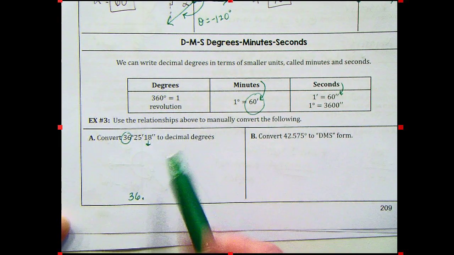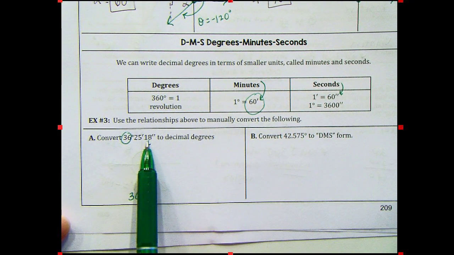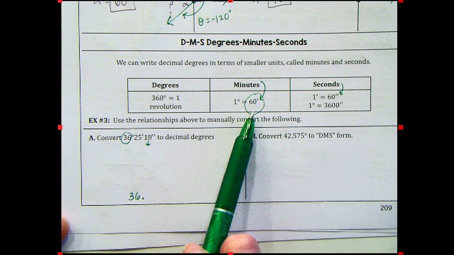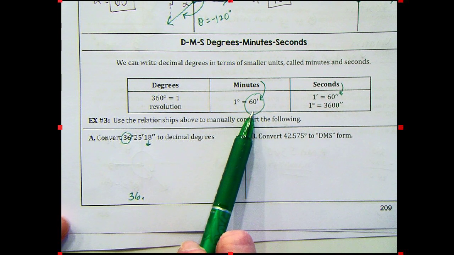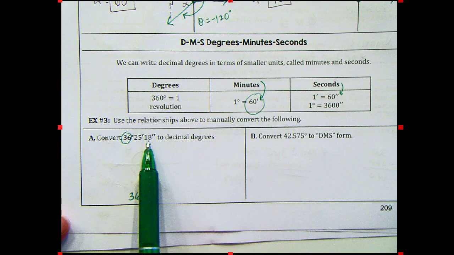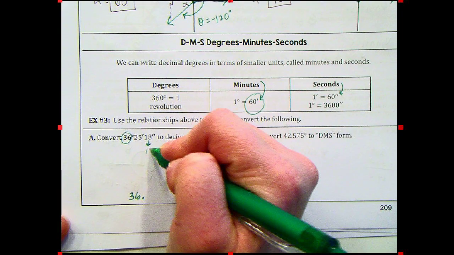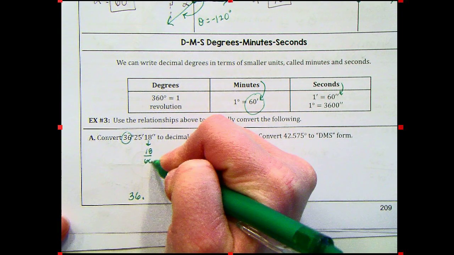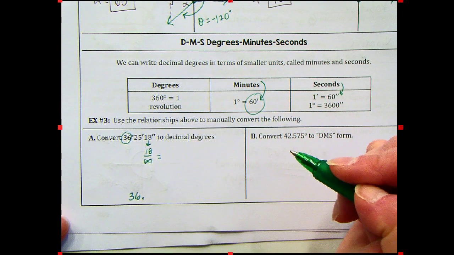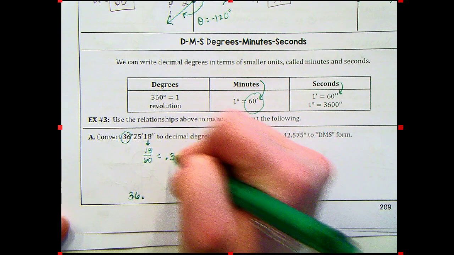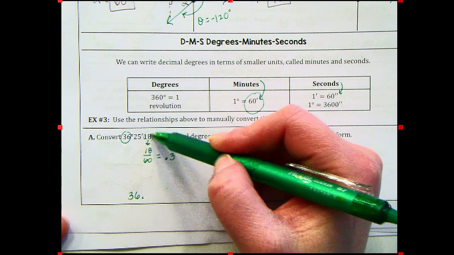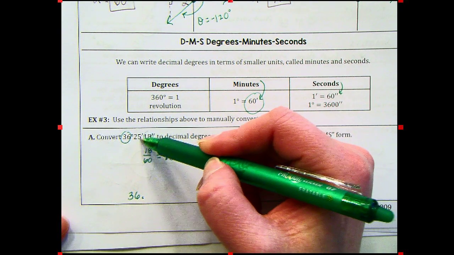And basically, I have this whole number 18, and I'm trying to change it back to a decimal. 60 is the magic number. You're either multiplying by 60 or you're dividing by 60. Common sense, if I have a whole number and I'm trying to change it to a decimal, clearly I'm going to be dividing by 60. You do 18 divided by 60, you get 0.3. So think about it. This is now a 0.3. 0.3 is attached to that